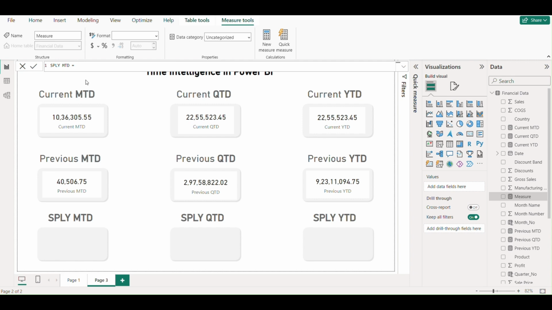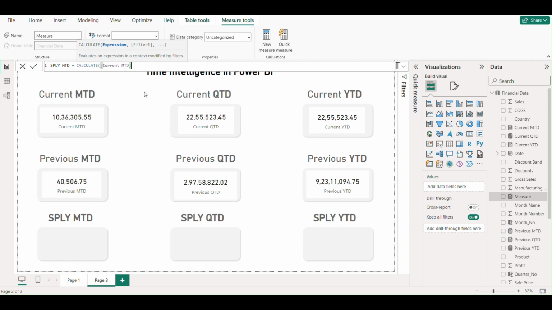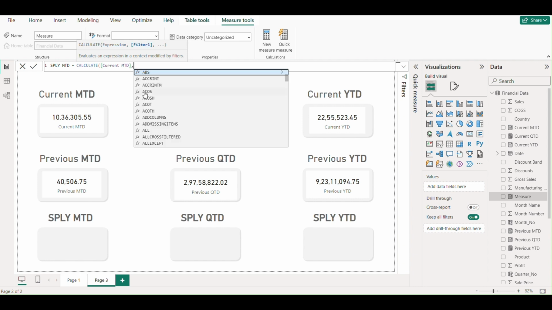So in this case, we will use the calculate function, and this time we will pass the current month to date that we have calculated already, this value, that is the current MTD measure. So let me just type current MTD,